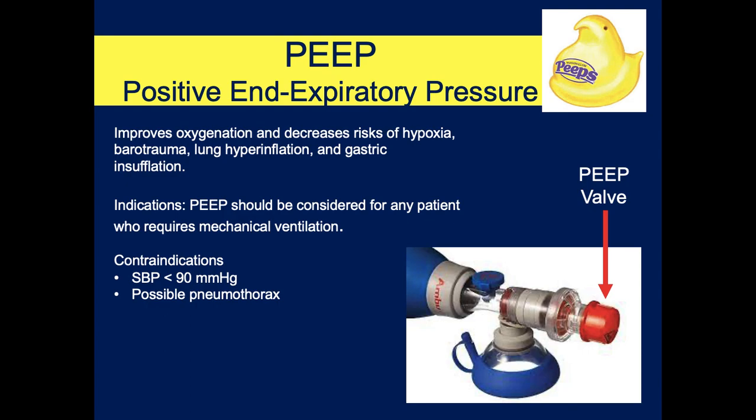See that red thing right there? So normally where that red thing is, like the BVMs that are in the lab, that's the exhalation port. That's where the person breathes out of when you let go of the bag and the person exhales. This covers that port, and it restricts the amount of pressure that leaves the person's lungs. And so basically what this does is it keeps a little pressure in the lungs, and it keeps the alveoli in the lungs a little distended so they never fully collapse. So as you're breathing for this person, you're opening up the alveoli, you're getting oxygen into the alveoli, and then